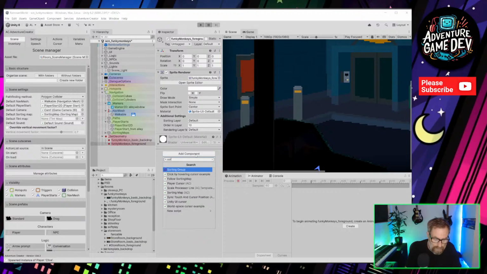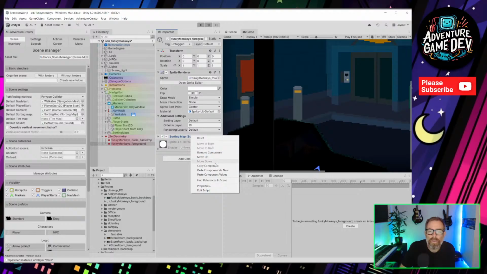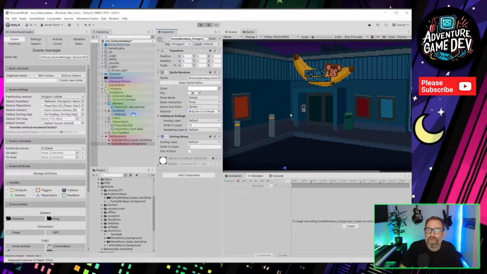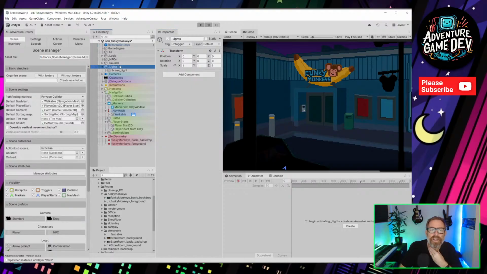So I think if we add sorting map, is that right? No, it's not a sorting map, is it? Sorting group. So I think, I'm not totally sure how this works. I am doing quite a bit of clicking there that is just guesswork.